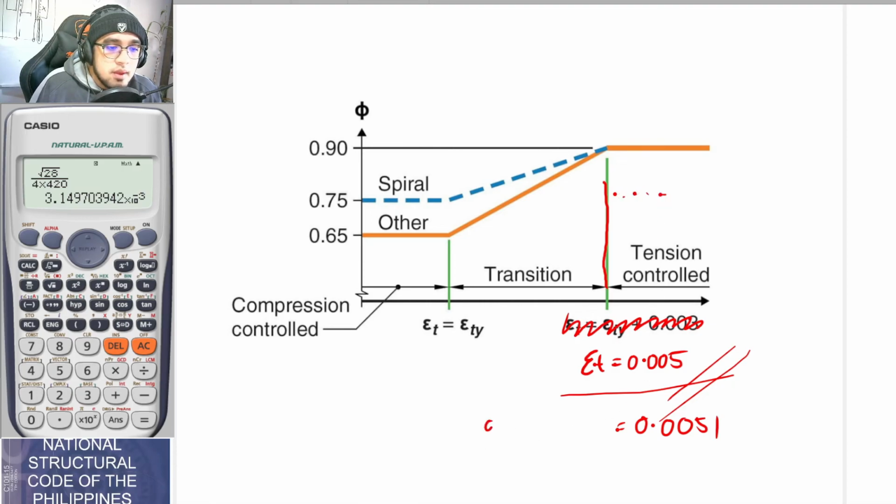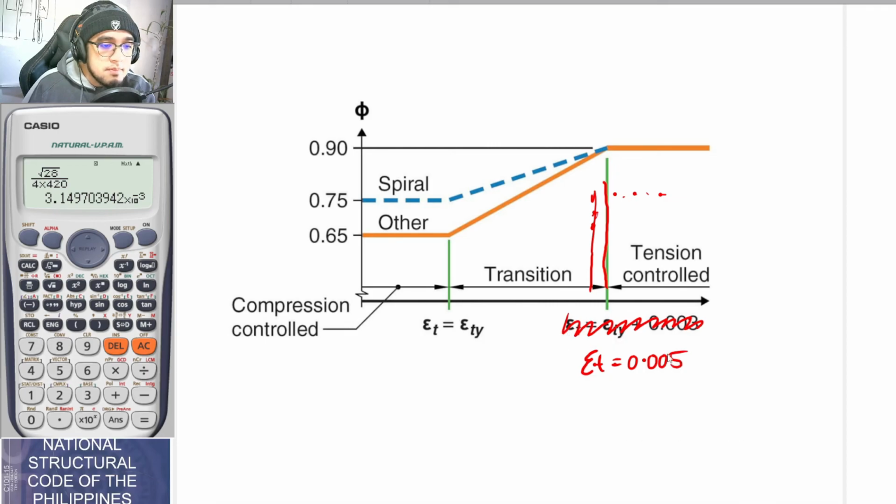But for example, if you would be having a strain of 0.0045, it is at this location already, then it is already transition controlled. So once again, do not forget about this limit prescribed by NSCP, and that is 0.005. That is, once again, this boundary. So if you want your design to be located here, you do not want the transition zone, because in the transition zone you still have to do a ratio and proportion. So if you do not want your section to fall under this region, and you want it to fall on this region so that your phi would automatically be equal to 0.9,